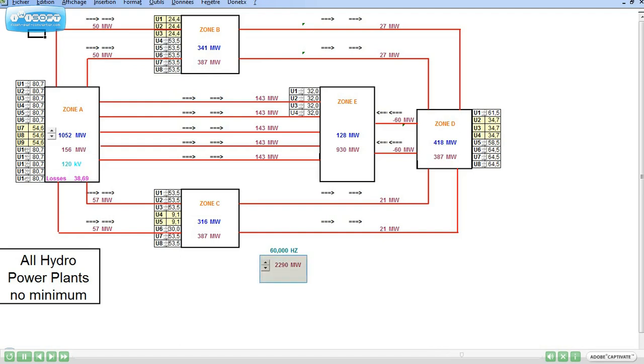4,000 megawatts, without overload, and the frequency at 60 Hz, is the passing mark. Expert will be able to get the loading at 4,100 megawatts, without overloads, and the frequency at 60 Hz. Ultra operators will be able to bring the load at 4,110 megawatts, without overloads, and the frequency at 60 Hz.